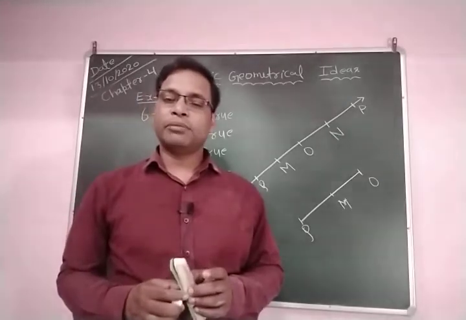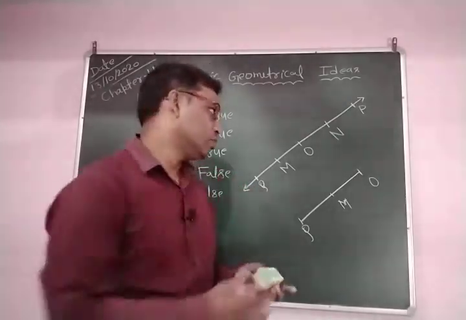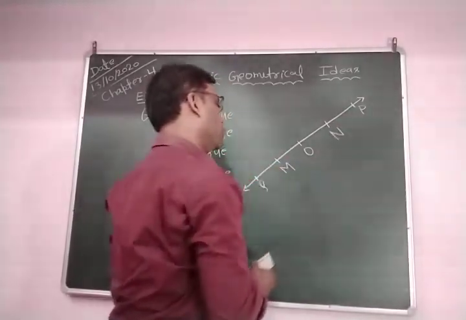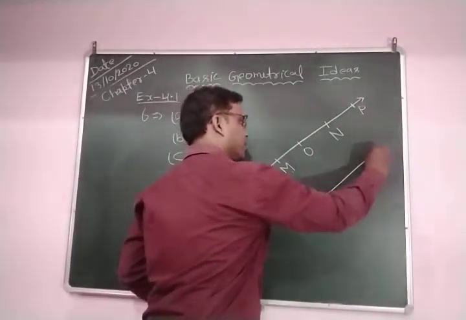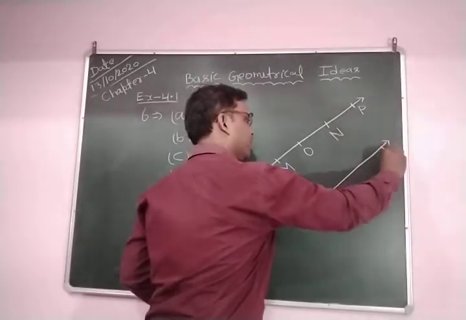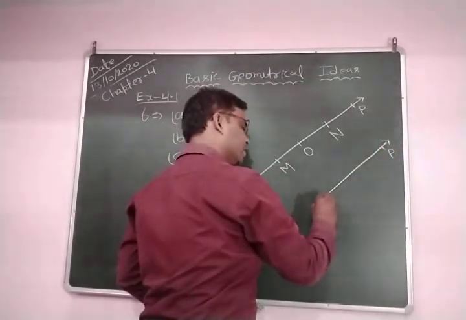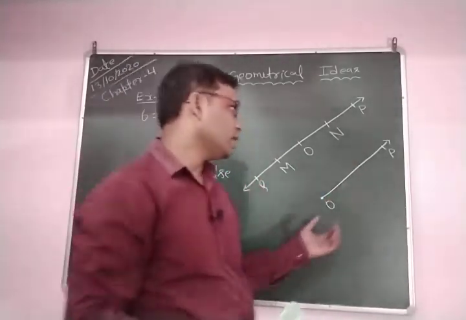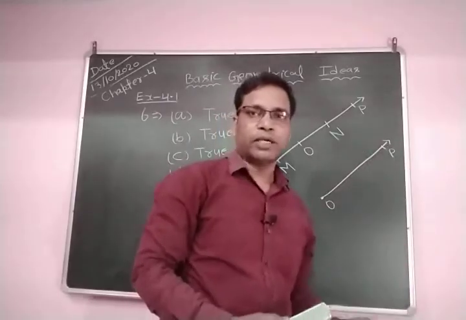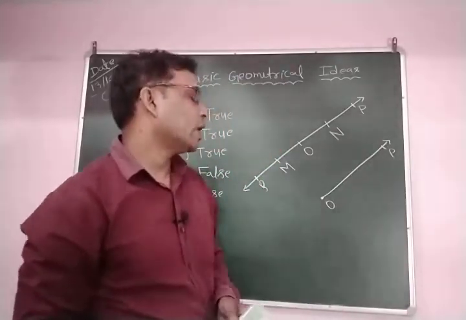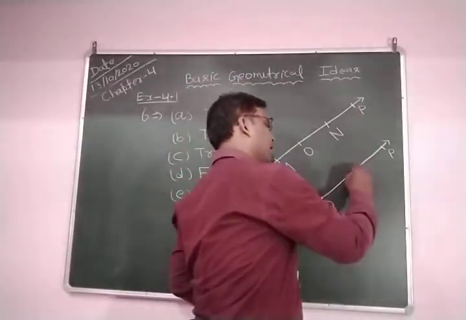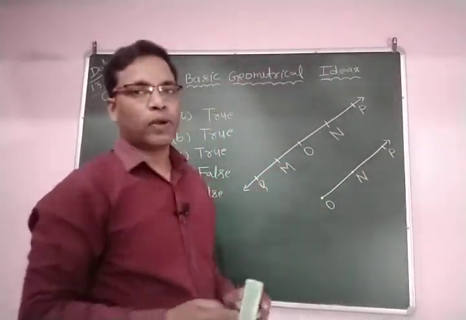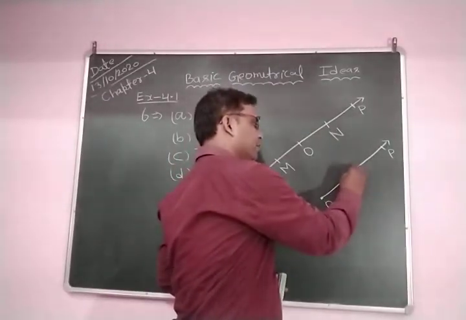So our statement is M is a point on ray OP. So first we draw ray OP. OP is a ray like this. This is point P. This is point O. O is the fixed point. Okay. O is the end point, and P is a non-fixed point. Okay. Between O and P, you can see we take a point N anywhere. Clear? Point N is between them.